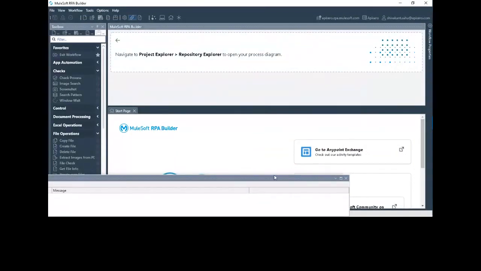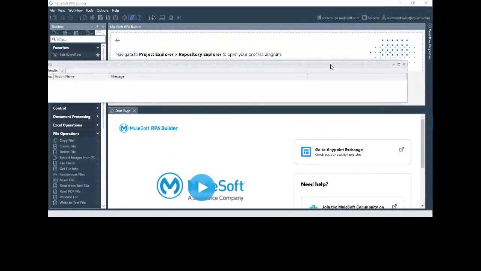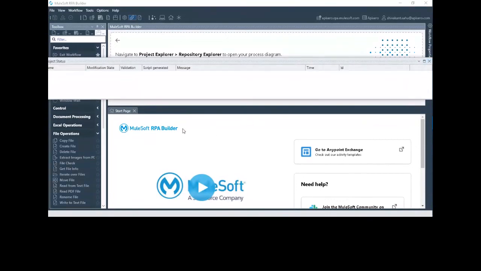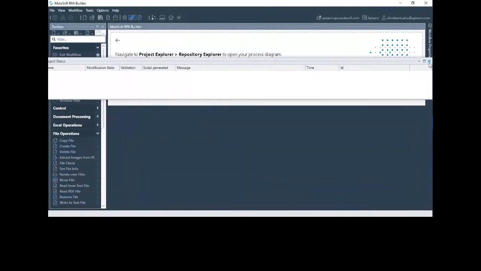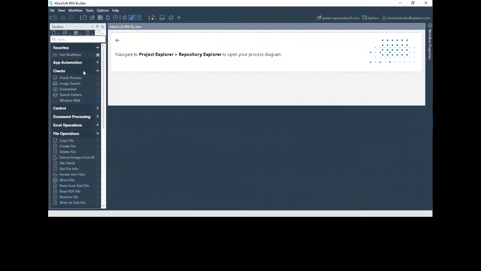It's opening here. So, okay, let me connect to my bigger screen so that you can see that properly.